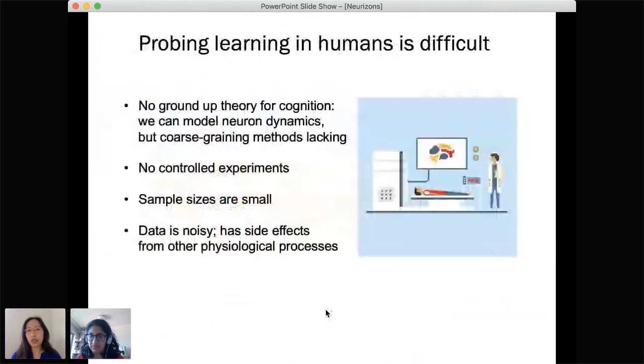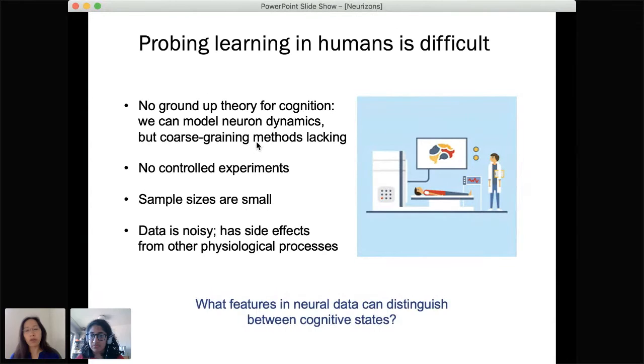However, to understand biological learning, especially in humans, of course, we know it's difficult. I'm a theorist, but I know our work relies very much on many experimentalists out there who take data, and this data is often noisy, and it's very hard to do control experiments in human beings, of course. And then because fMRI data tends to be expensive, the sample sizes are small, and most of all, we don't even have a theory to compare what our data comes to.